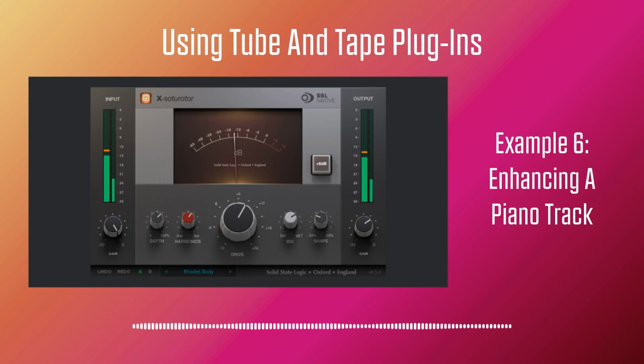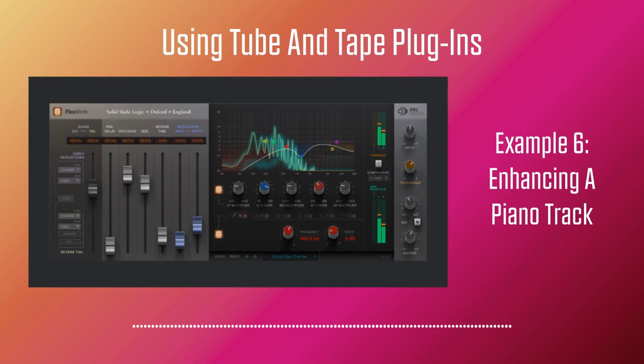This is then fed into SSL's FlexVerb. Reverb is one of the primary tools we use to invoke depth, be it on a sound or a mix, and I've shaped it to gently smear a broad range of frequencies to allow the distorted response to have a three-dimensional quality to it. The result is very subtle, but you can hear the piano has more depth and sounds